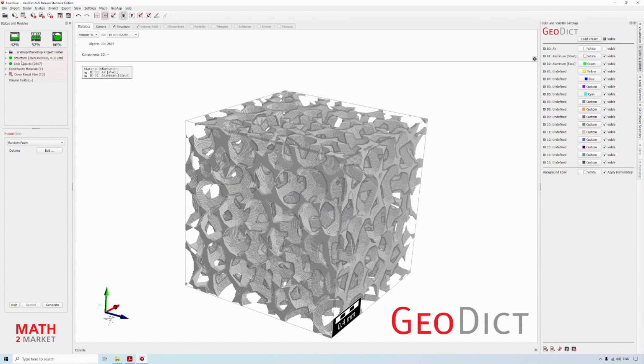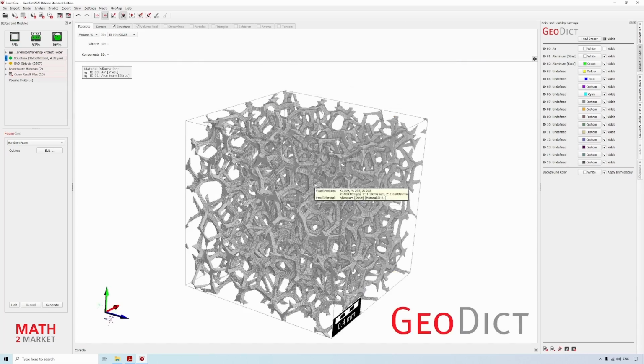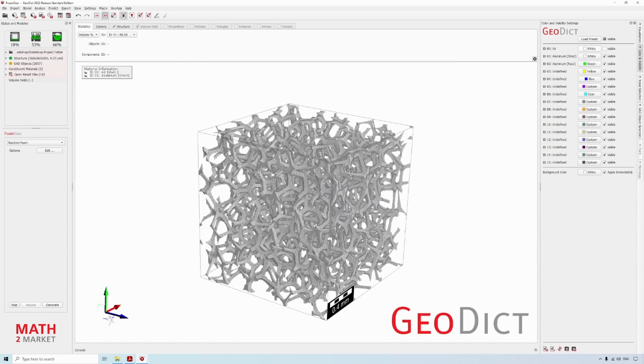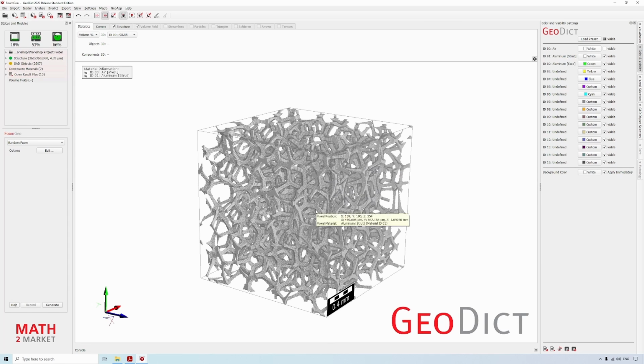For that, right-click on Structures and you select Erode Structure. Here we select an erosion by a factor of 3 voxels and we click Run. Now Geodict will just remove the first 3 layers of voxel from the structure and you see it got thinner.